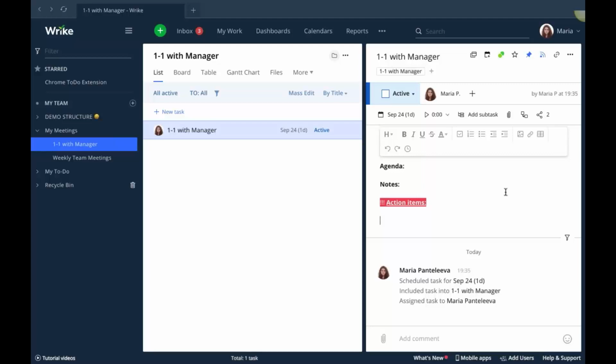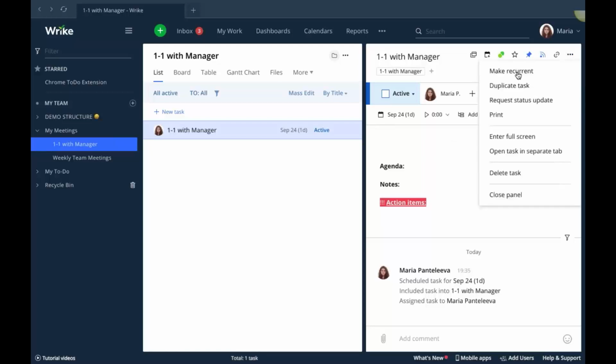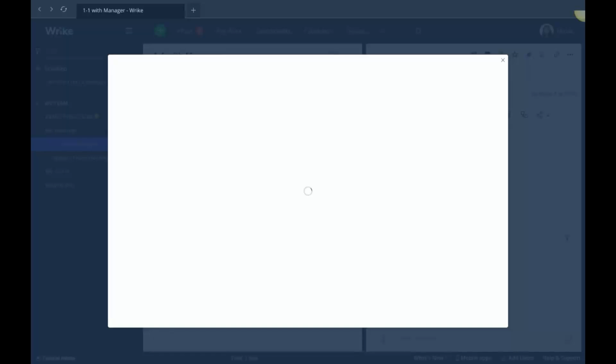So to make things easy and to make sure that we always have these places for agenda, for notes, for action items, we are going to make these tasks recurrent. We are going to make sure that it's auto-created by Wrike without our help before every single Monday. So what we need to do is click on the menu button over here, select Make Recurrent,